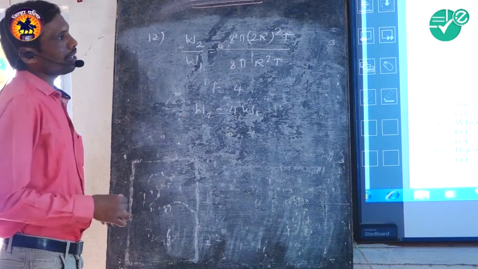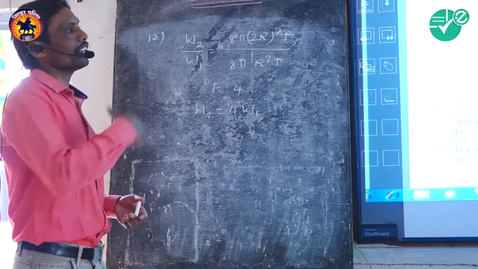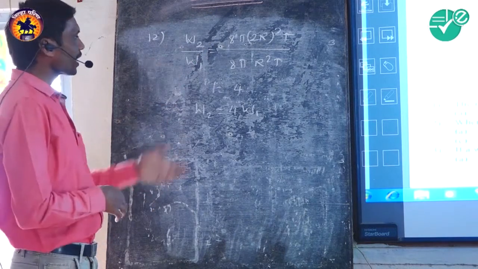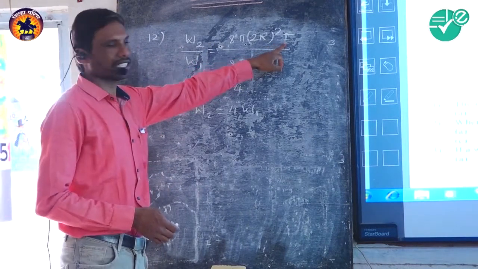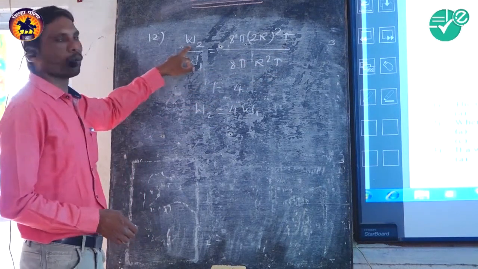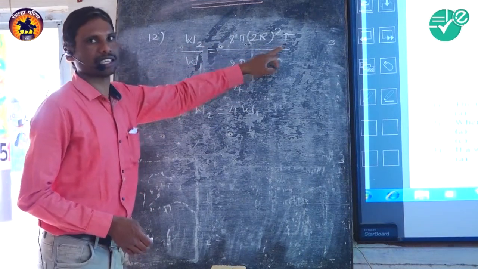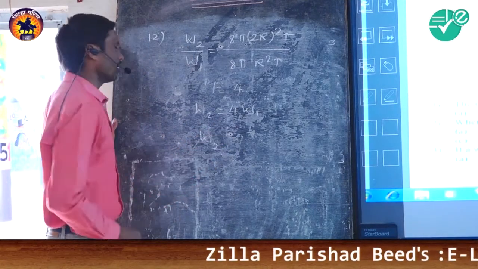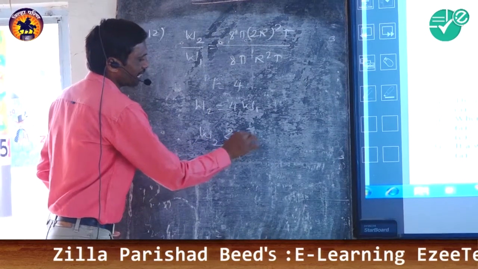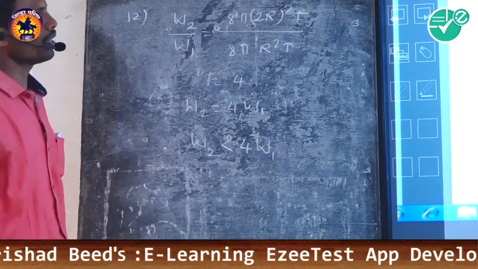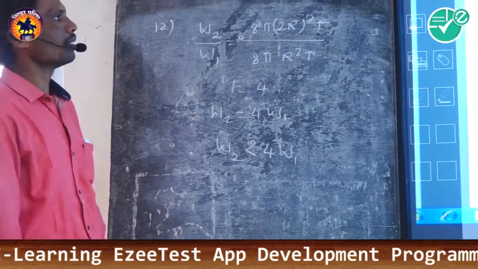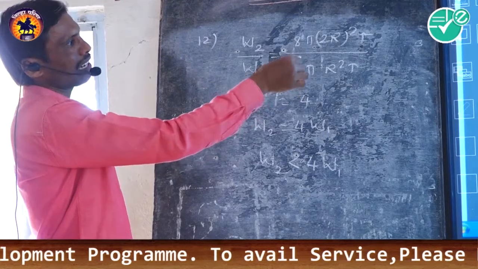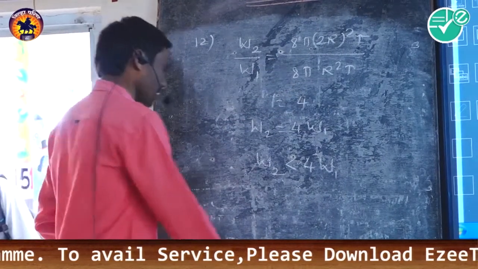But this second bubble is formed after heating. It means in this case the temperature of the second bubble increases. And due to the increase in temperature, obviously surface tension decreases. Work done is proportional to the surface tension, so the work done slightly decreases. It means the work required for the second bubble is slightly less than 4 times the work required for the first bubble. It means option C is correct, slightly less than 4 times.